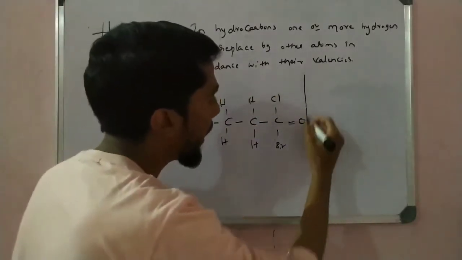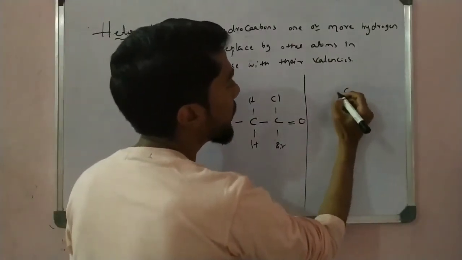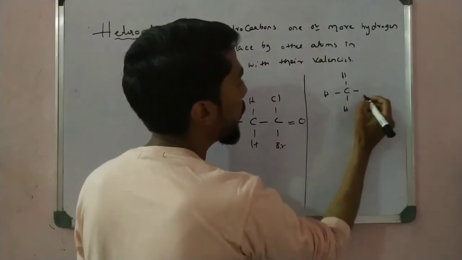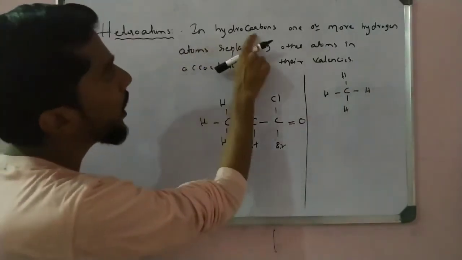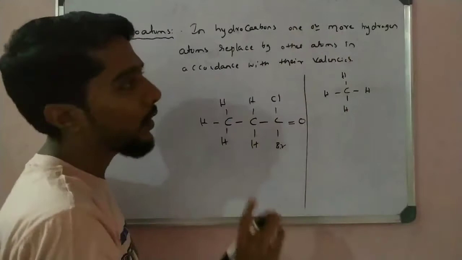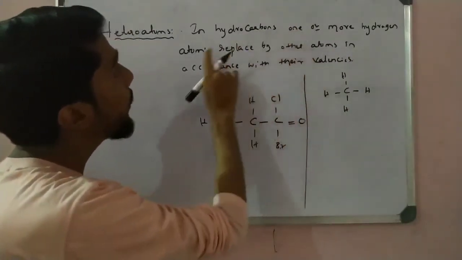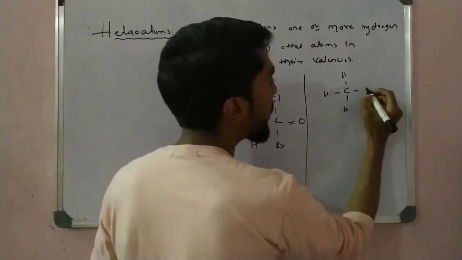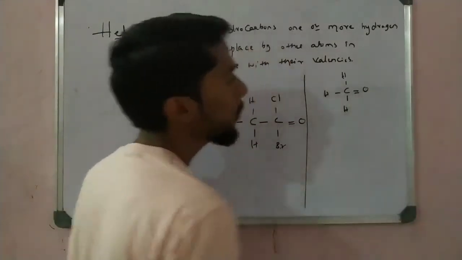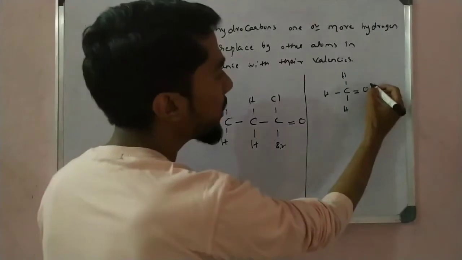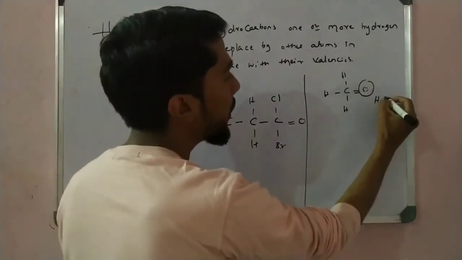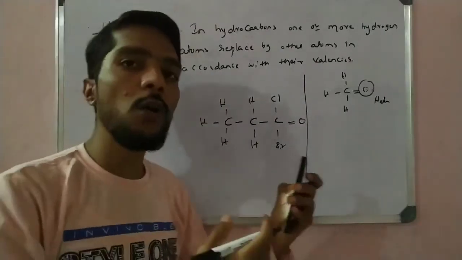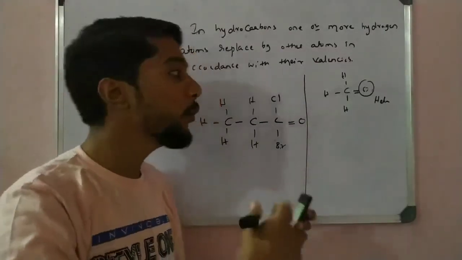For example, I can take methane. Okay, methane. This is the hydrocarbon chain. In the hydrocarbon chain, I can take only one hydrogen replaced by another atom. For example, I can remove this hydrogen and in its place I can put oxygen. So what happened here? This is called a heteroatom. So in the hydrocarbon chain, remove one or more H, and in place of that you can put other elements.